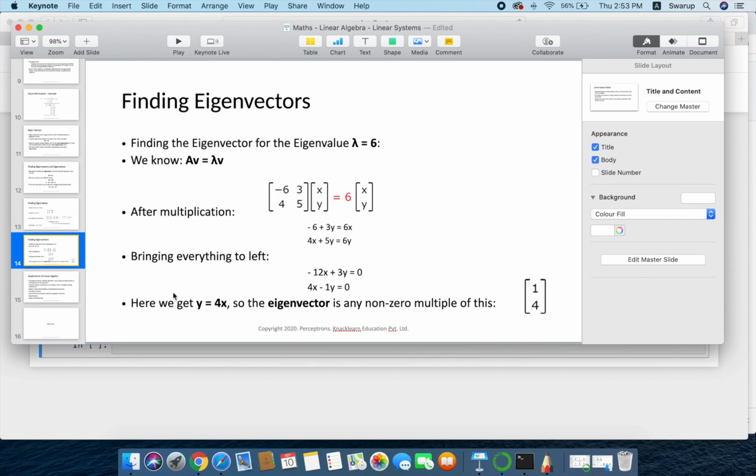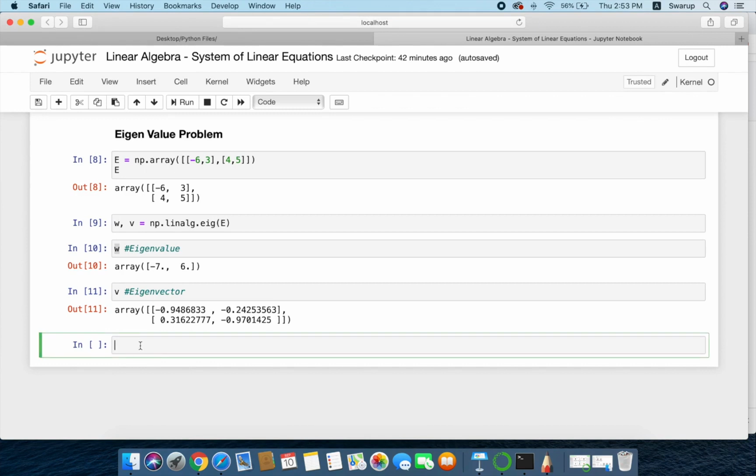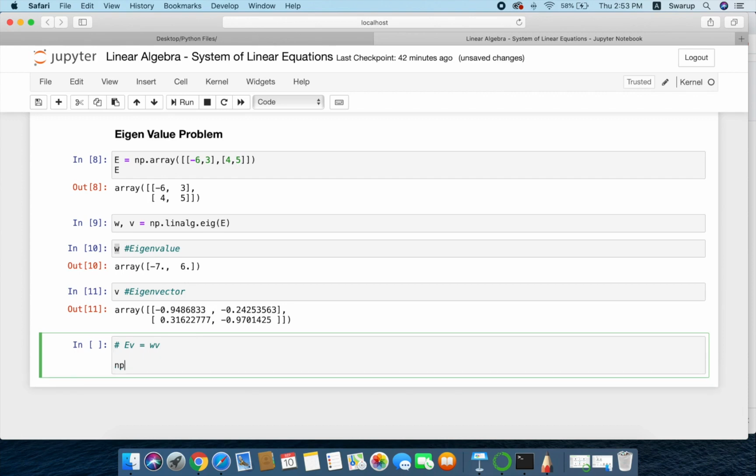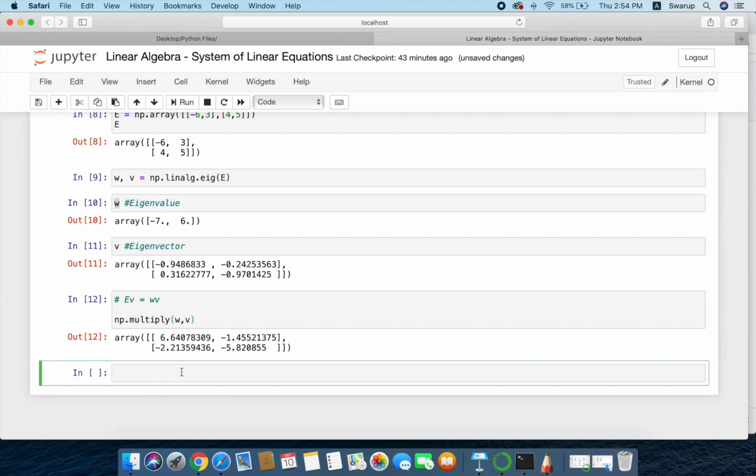So A is the matrix, and in our case the matrix is E. I'll say np dot multiply, where the eigenvector is V and the eigenvalue is W, so W comma V. So we are getting this result, that is 6.64, minus 1.4, minus 2.2 and minus 5.8.